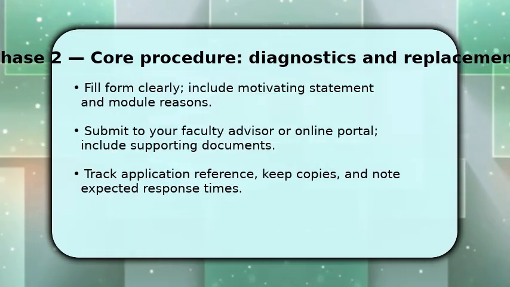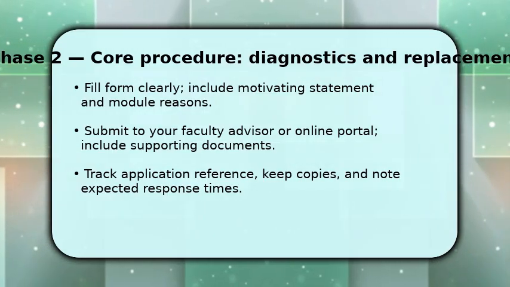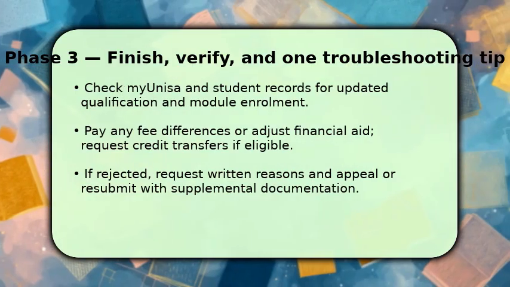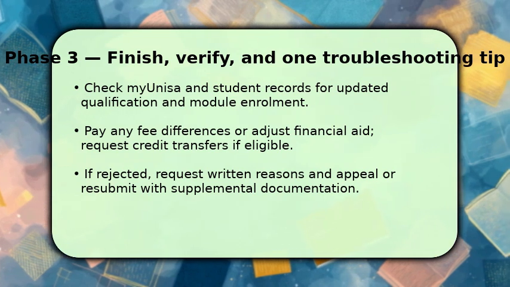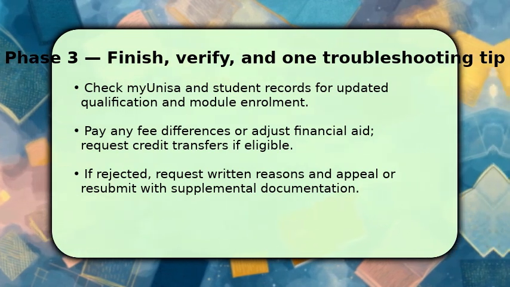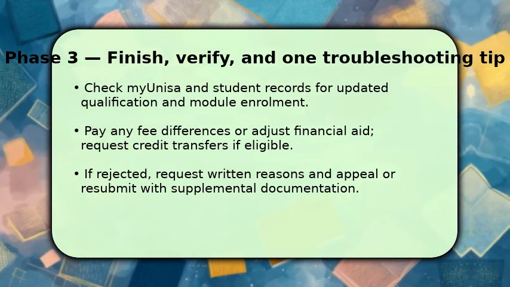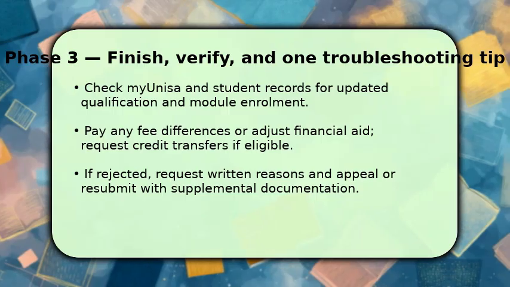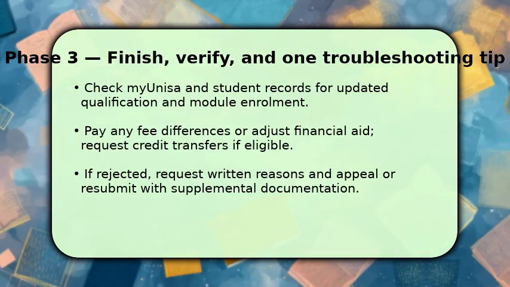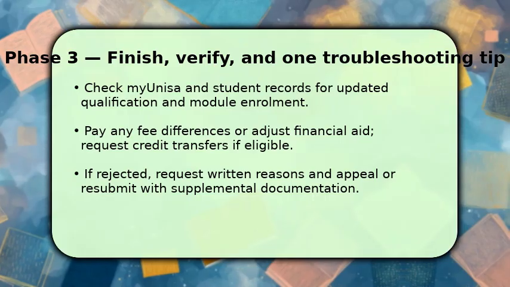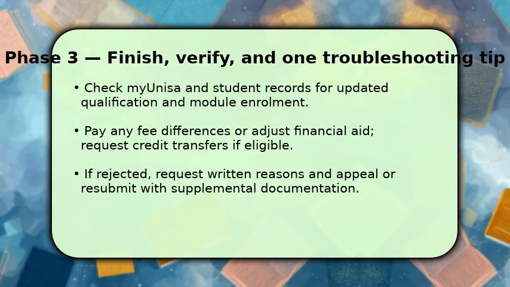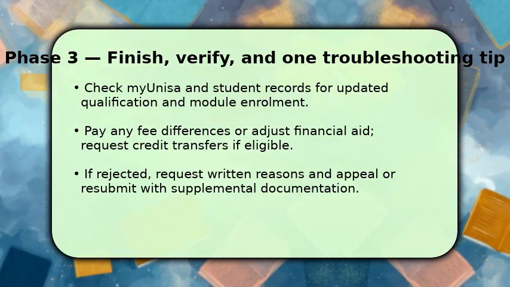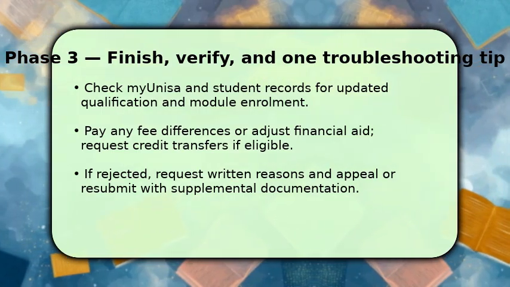Finish by monitoring your My Unisa record to confirm the new qualification or module enrollment appears, and verify any fee adjustments or financial aid changes are applied. Once confirmed, request credit transfers for completed modules if applicable, so nothing is lost. If the change is declined, ask for written reasons immediately, then appeal or resubmit with the missing evidence, keeping timelines in mind, and contact your